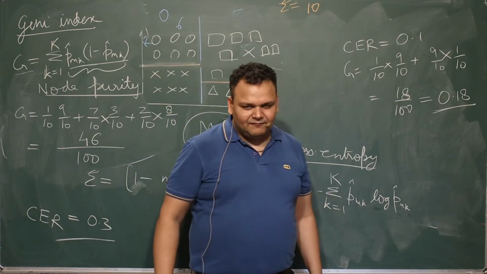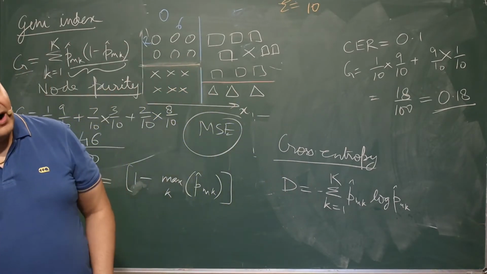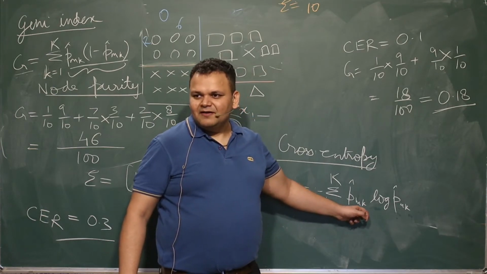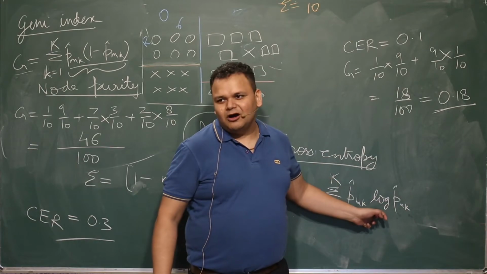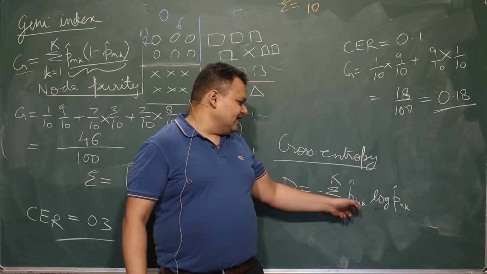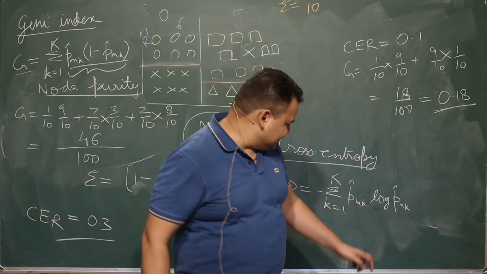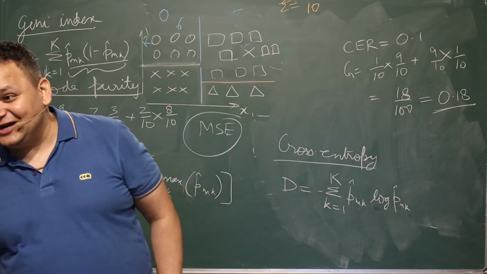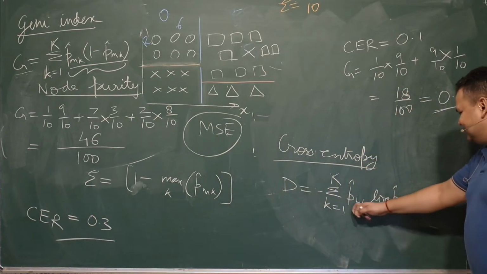What is going to happen if your PMK is 1? अगर PMK 1 होगा तो क्या होगा? Cross entropy will be 0. This value is going to be 0, because log of 1 is 0. If PMK is close to 0, then what happens? This is 0 times minus infinity. But which of these two is bigger?